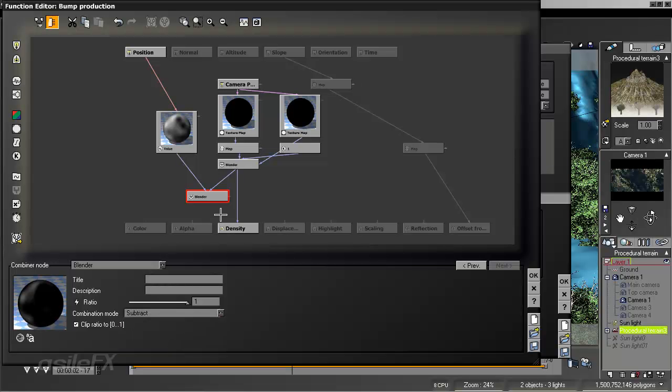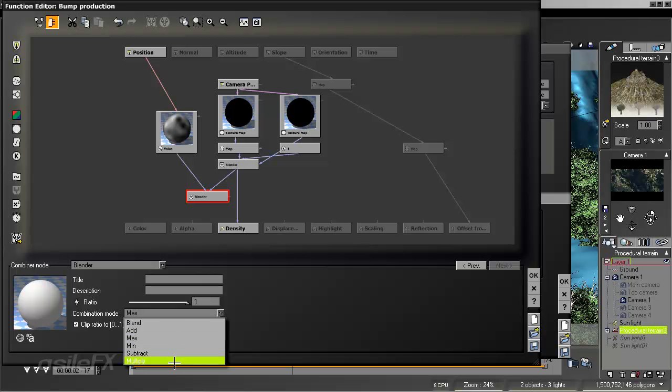But the only problem with using subtract is it is also going to subtract all of the data. So if you need to, multiply might work best. Minimum as well. Max will take that white alpha overlay and block out the entire function that you currently have. So minimum, multiply, or subtract. You might just have to play around with it and see which is going to work best. Minimum, it should be